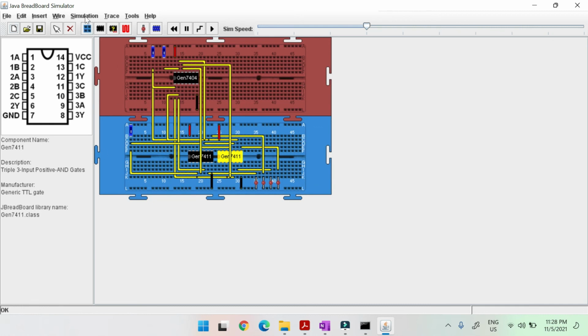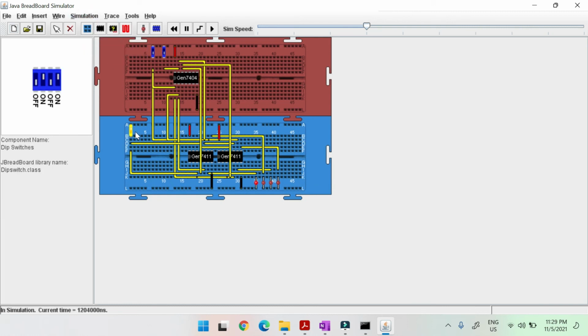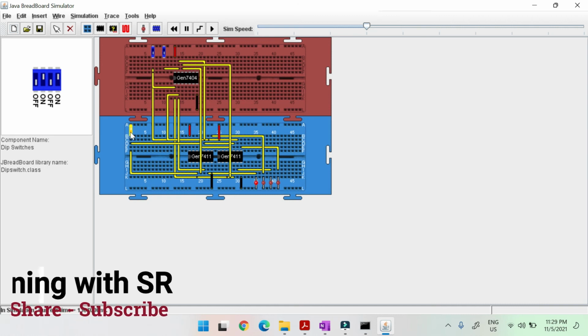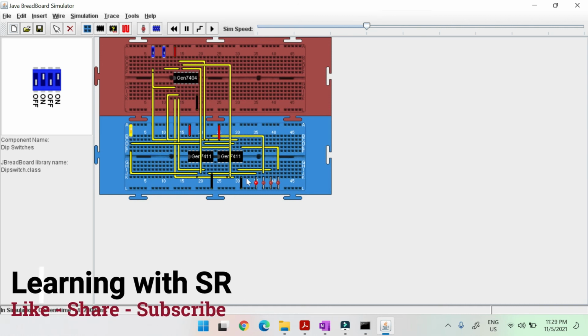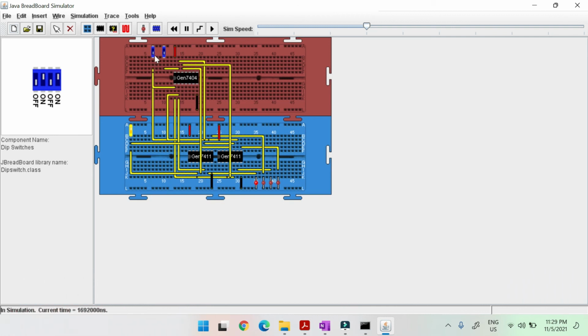To run this, we have to click on simulation and click on run. We have to provide the data pin as high, and we have to select which data pin we want to show. Here we have selected line 0 0. It means Y0. Similarly, if I make it 0 1, that is Y1, the LED should glow. If I make it 1 0, the Y2 LED should glow. If I make it 1 1, the Y3 LED will glow. So likewise, you can design the demultiplexer using basic logic gates.